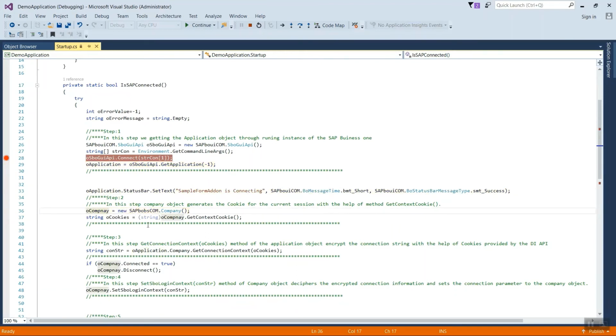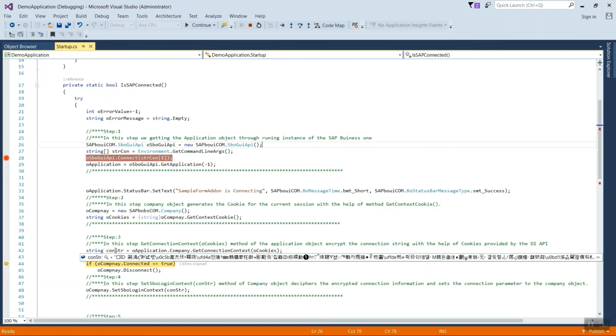And then let me debug. We have established the application object, and then we got these cookies, you can see here, and these cookies will be utilized by the GetConnectionContext to create the encrypted connection string that you can see here.